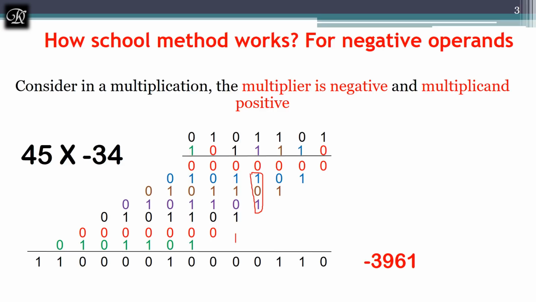Now 1 plus 1 plus 1 is 3. By adding all these I'll get 4. 4 means in binary it is 1 0 0. So I have written 0 over here, and 1 0 will be carried to the next level. Here I am already having 2. 2 plus 2 is 4 again. I will write 0, and I am going to write 1 0 as a carry.